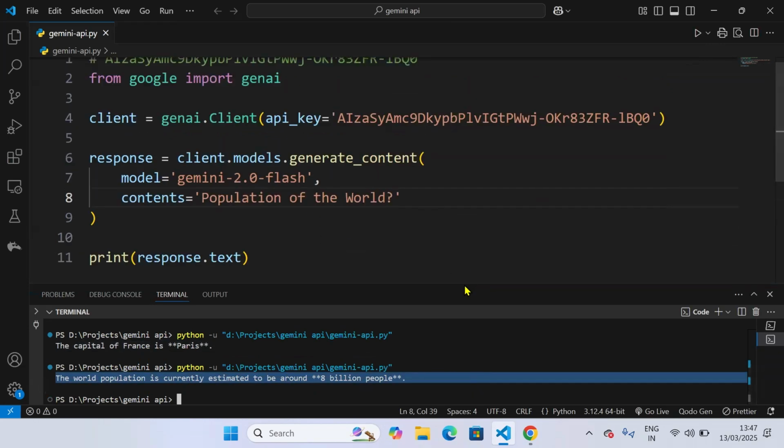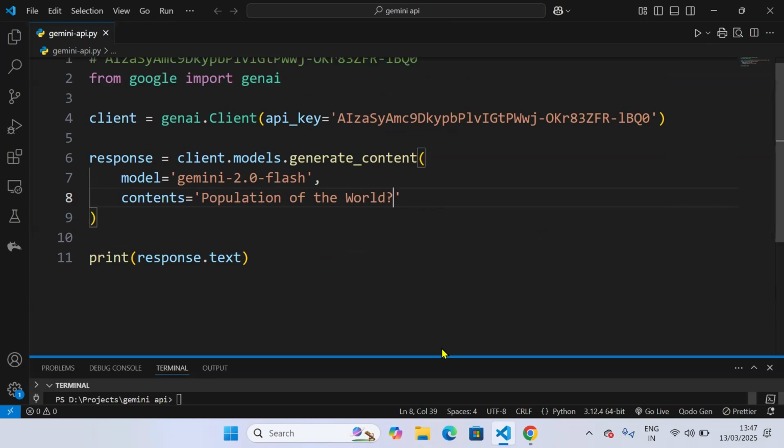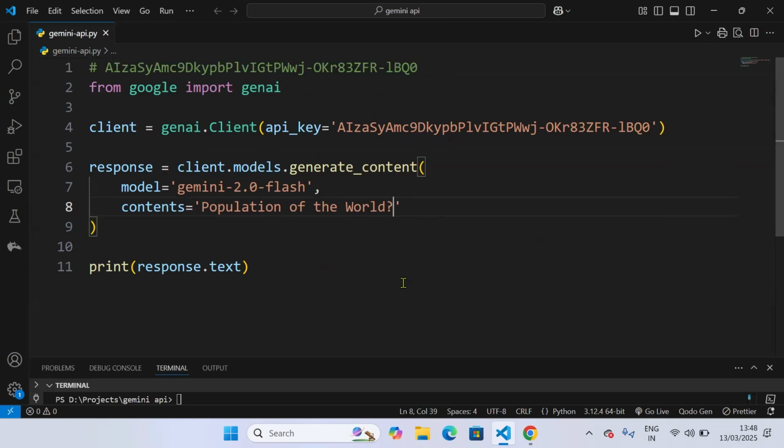So this is how you can integrate Gemini API with Python. In the next video, I will show how you can create a